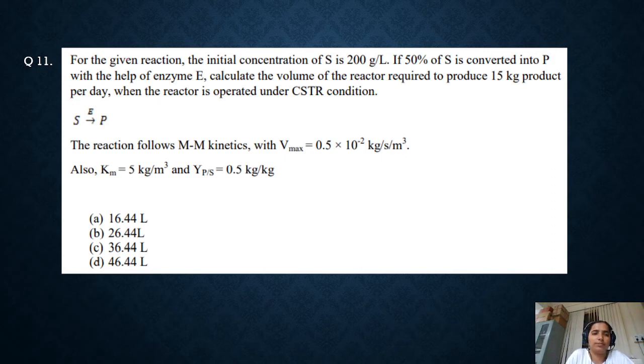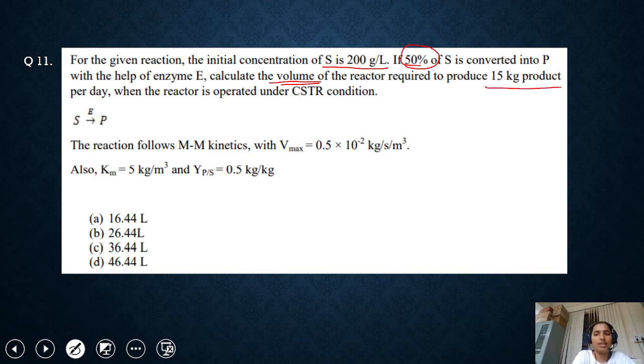Let's read this question. For the given reaction, the initial concentration of S, meaning substrate, is given as 200 gram per liter. If 50% of S is converted into P, meaning substrate to product conversion occurring only 50%, with the help of enzyme E, calculate the volume of the reactor required to produce 15 kg product per day. What they are asking about is the volume of the reactor to produce 15 kg product per day